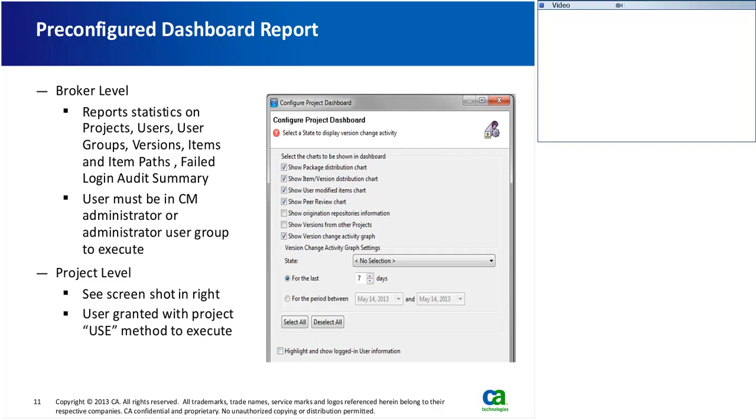we show you the user group, version, item related counts, and some auditing, such as the failed login audit summary. The user must be in the CM admin group or the admin user group in order to execute this, because this really relates to the entire broker level information. And then project level wise,